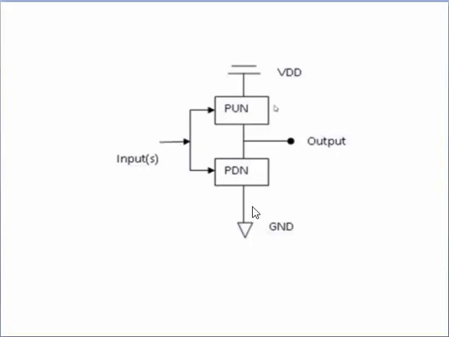Our today's topic is alternating forms of pull-up, meaning if we replace the pull-up network with a different kind of transistor, then what will happen, what the characteristics will be, how the output will change, and whether it is going to affect the output or not. This is today's topic. So let us proceed with the first one.